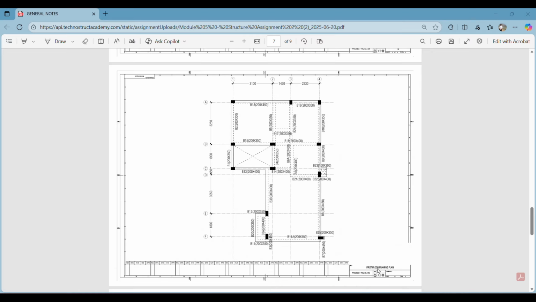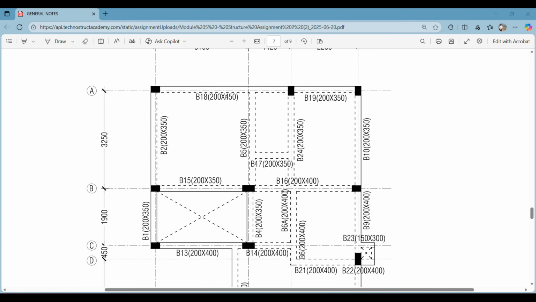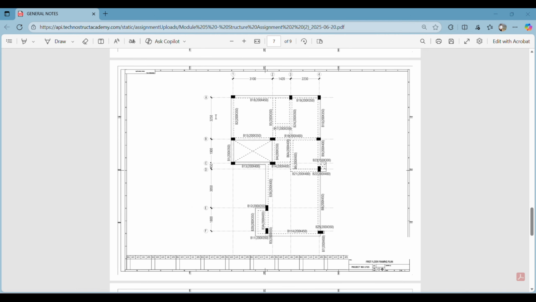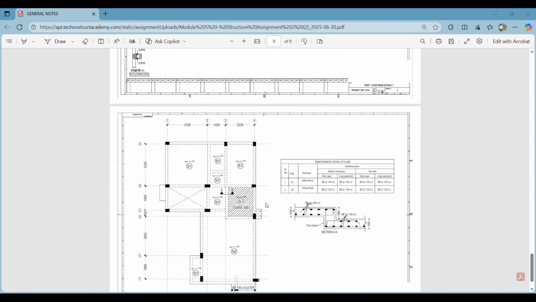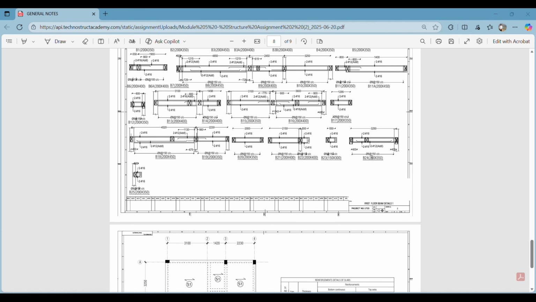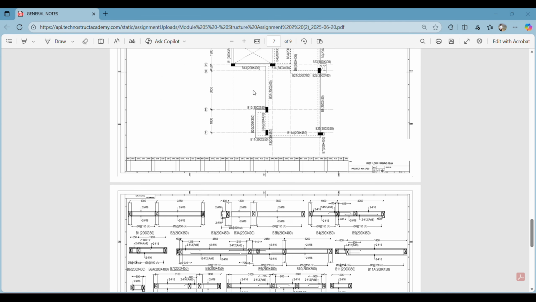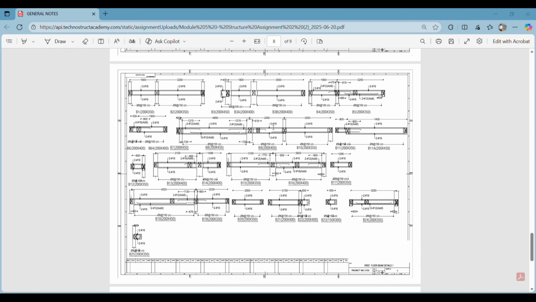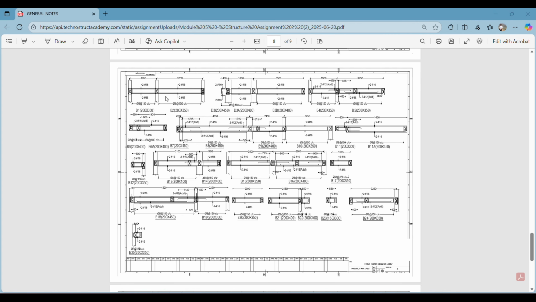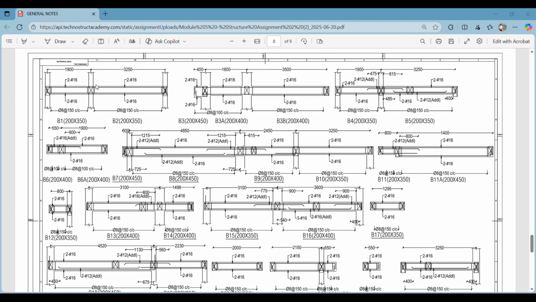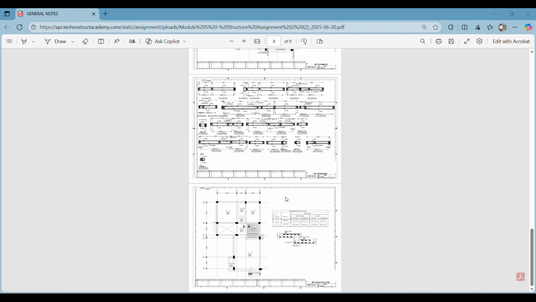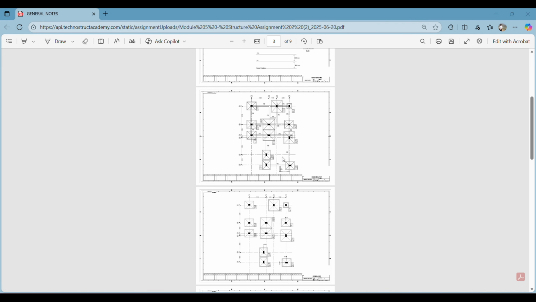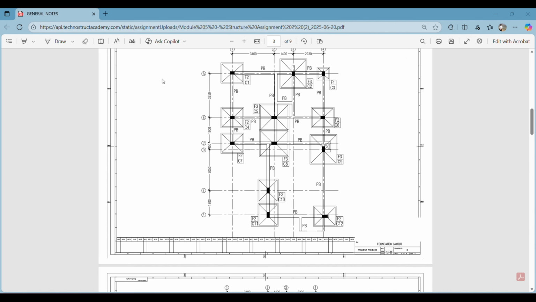And then we have the first floor framing plan. So these are the beam plans. The beams are denoted as B18, which is 200 cross 450, something like that. And then we have our first floor beam details. For every particular beam, for example, if we take B2 here, it is denoted here. This is B1, this is B2. Can you see all the detailing about these beams is written here? I'll show you how to read this detailing. For now, just take a look at all these